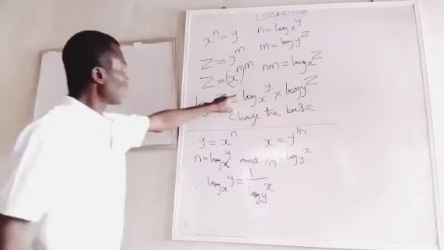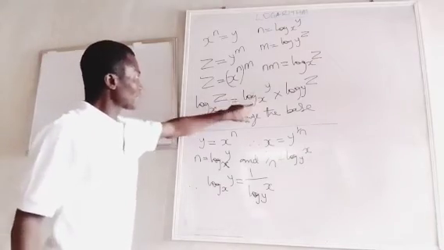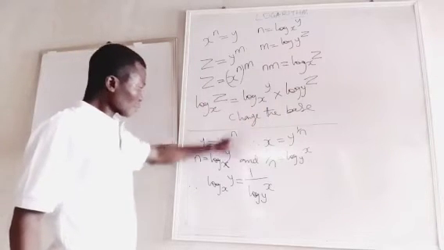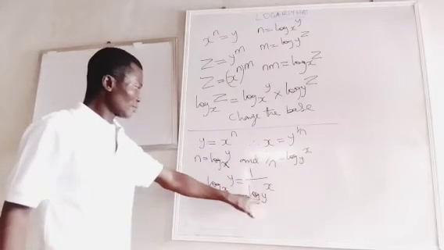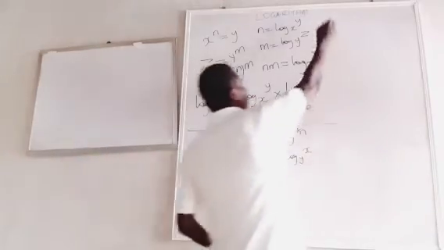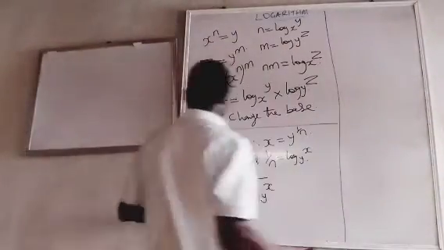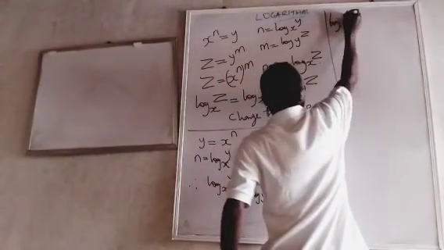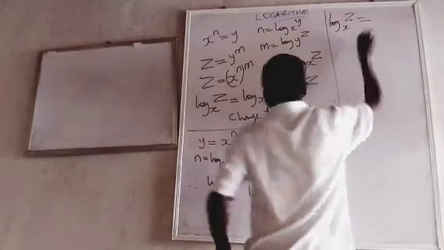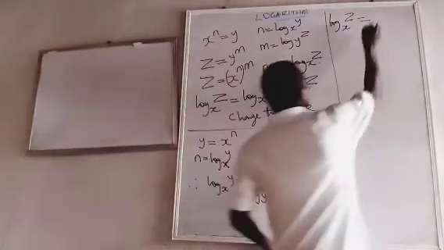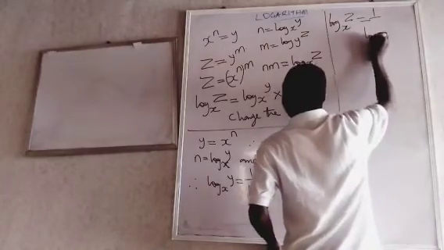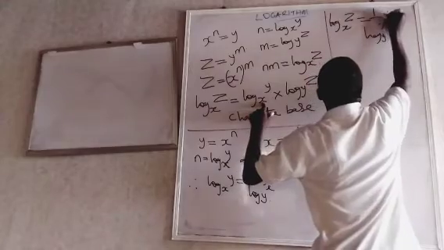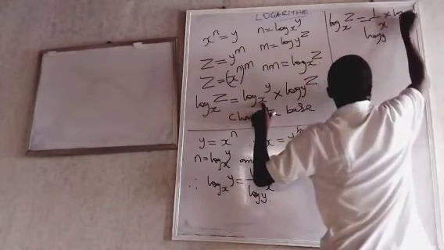You know that log y base x can also be 1 over log x base y. So log z base x can also be taken to be 1 over log x base y times log